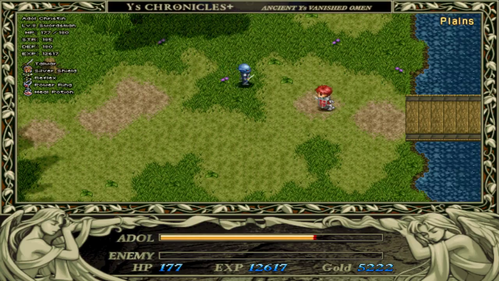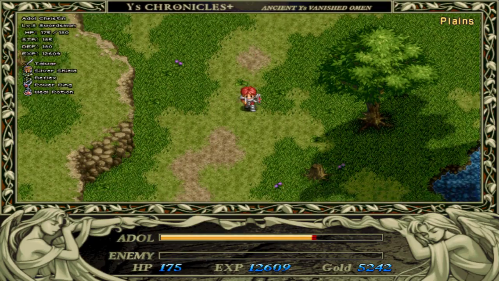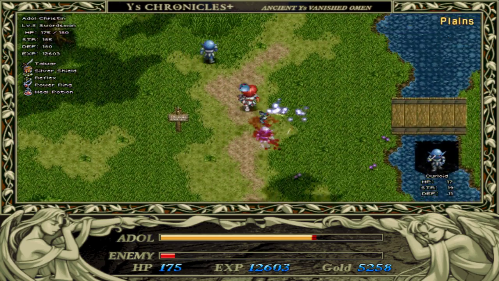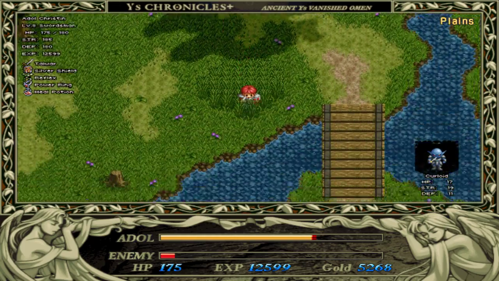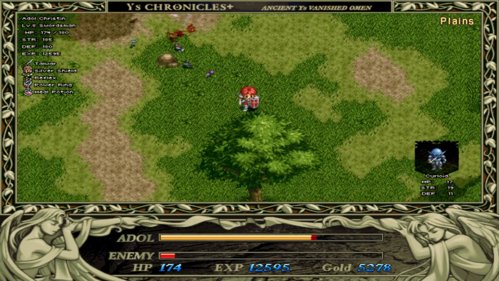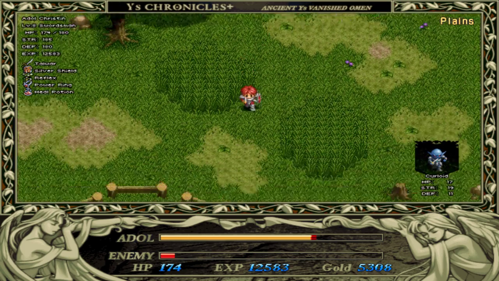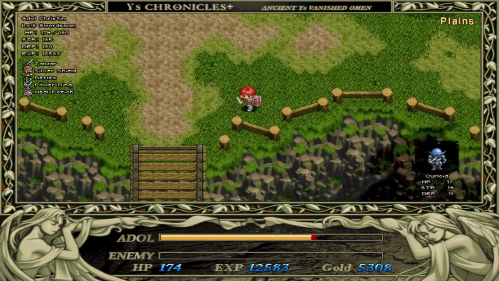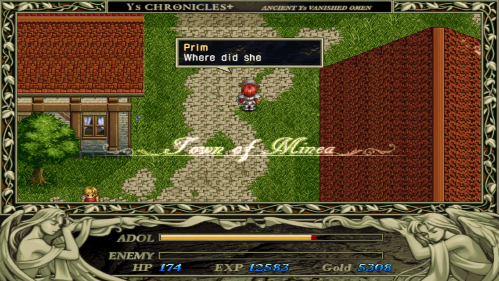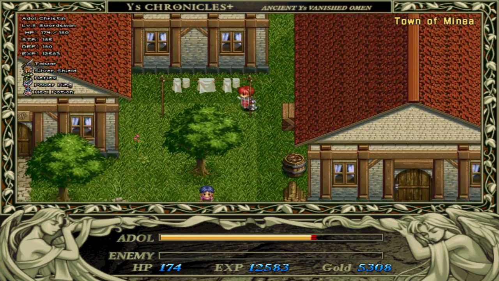So, we are heading back to Minia. I'll be ending the part very, very shortly. Just one more piece of dialogue. I'm going to kill you as well. And this is the next map. Ow. This game does a good job of making you feel immortal. Fuck off, Prim. Okay, so we have the Book of Ys, which is what the fortune teller asked us to